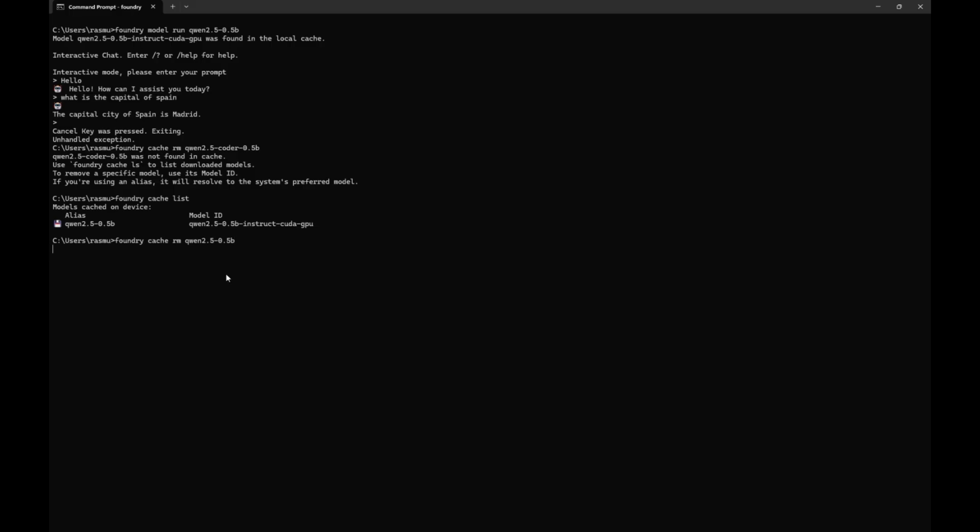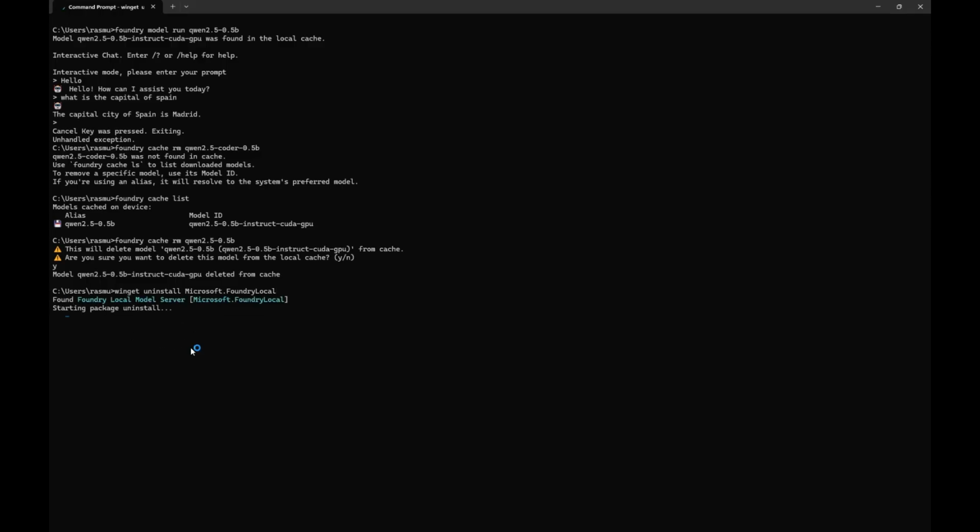Because what I want to do is simulate that you actually make this for a customer that has nothing installed already, but they allowed you to install some code and run all this. So you could of course make a documentation saying you need to do this, you need to do this, and so on. But I would rather have it that we have absolutely nothing on the machine other than having normal WinGet. So now if I run Foundry, it would have absolutely no idea what that is.